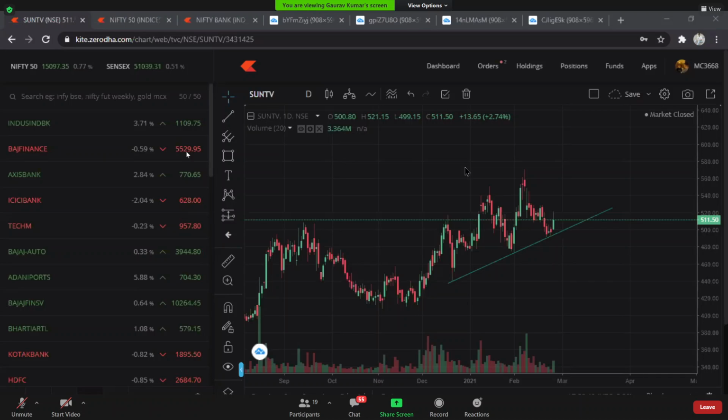I feel stock options are safer than the index. In index, I create spreads, so it doesn't actually involve much of the risk factor. Can you make money in equity as much as an option trader? Of course, you can make money in equity as much as an option trader. The only thing is that you need to have a good amount of capital.